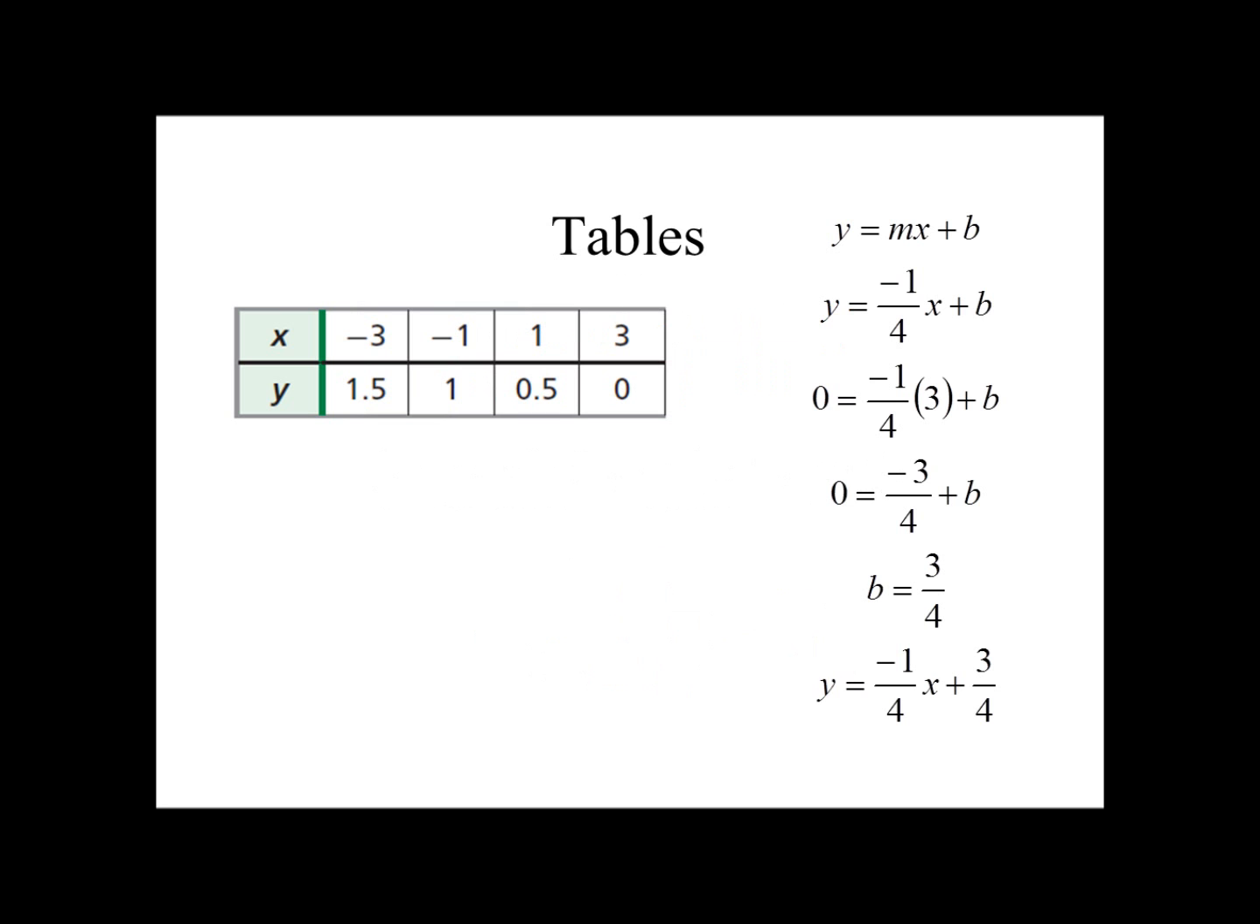Now, we know our slope. Now we want to be able to come up with the slope-intercept form of a line. Now here's one way to do it. We'll go ahead, plug in our slope, -1/4, and we'll choose a point to plug in for y and x. So I chose the point 3, 0, plug the 0 in for y, plug the 3 in for x, and what that lets us do is solve for b. We find out that b is equal to 3/4,